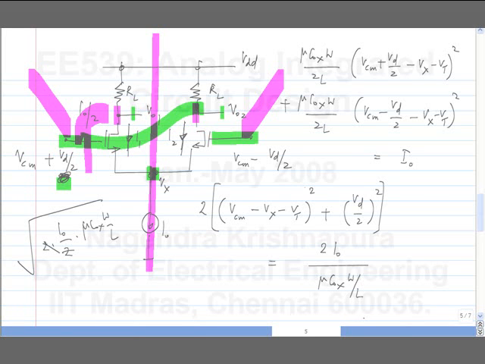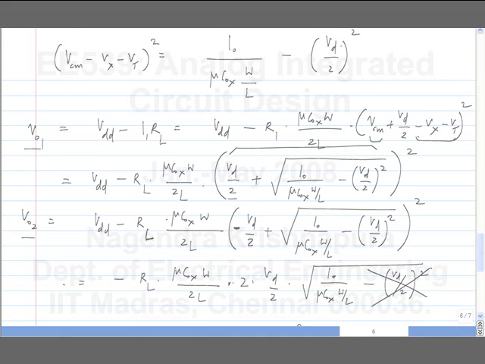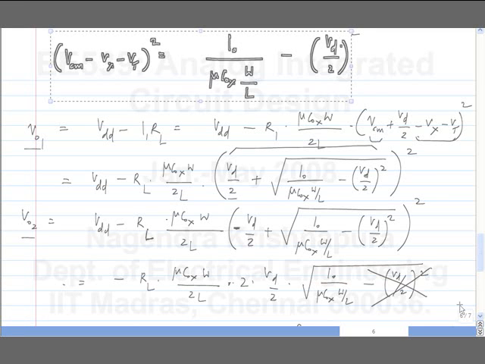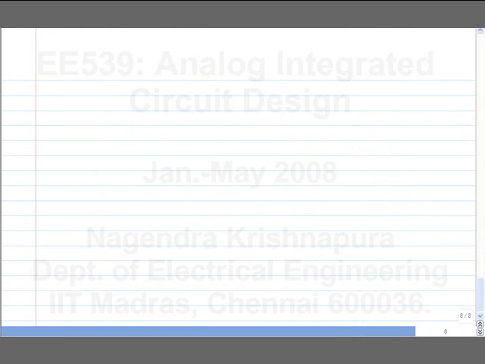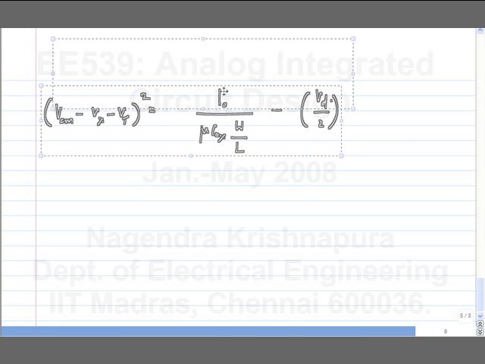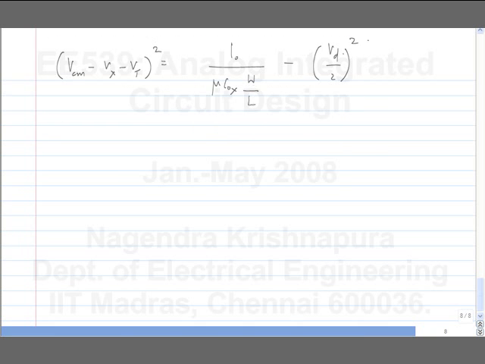So one thing is, clearly, let's take the extreme case where all of the current is flowing in one side. So no current is flowing here, so this is as good as an open circuit. So from this input to this output, it's a source follower. So it will follow Vd by 2. That's what we expect. And that's actually apparent from this expression also. So I can write Vx as